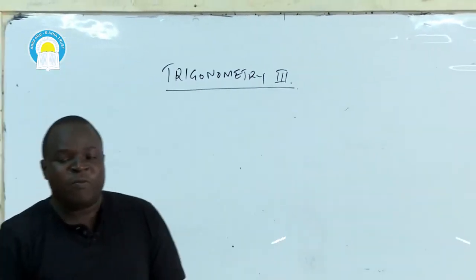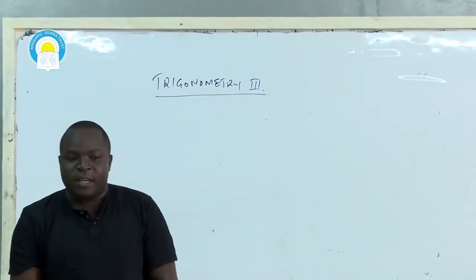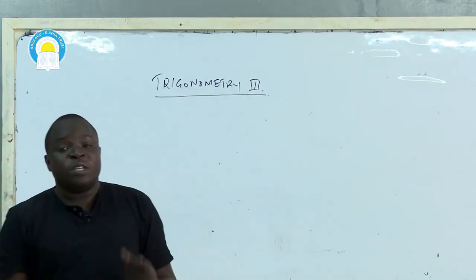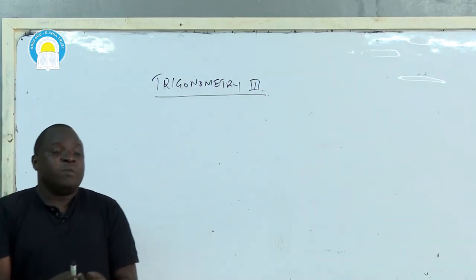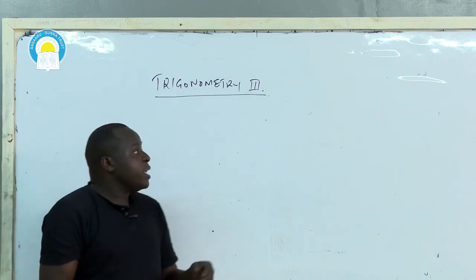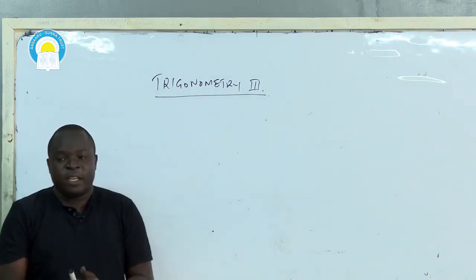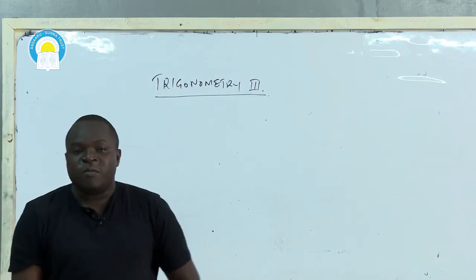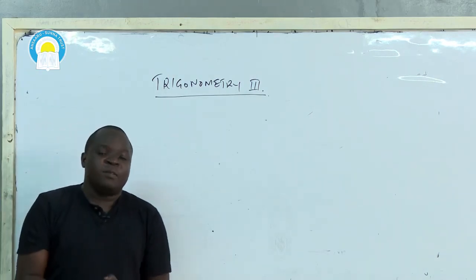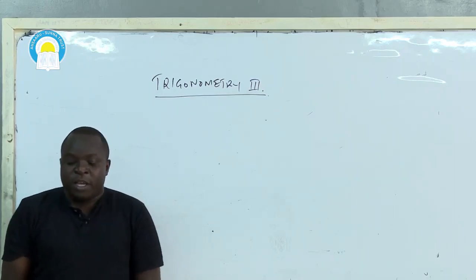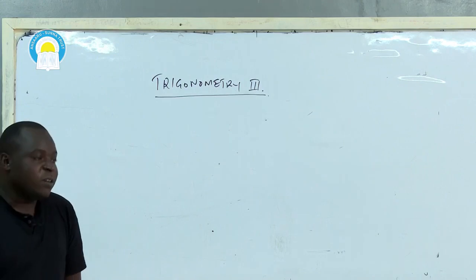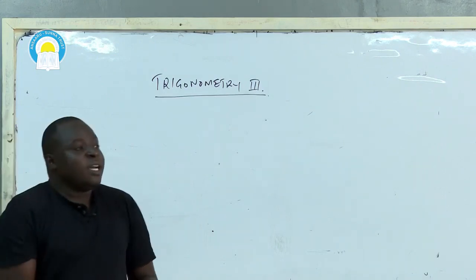It is a Form 4 topic and a continuation of several topics. In Form 2, there was trigonometry 1. In Form 3, there was trigonometry 2, then trigonometry 3. And there should be another trigonometry in the same Form 4 class, but in the name of three-dimensional. That's later on. Okay, so by the end of this topic, the specific objective should be, at least you should